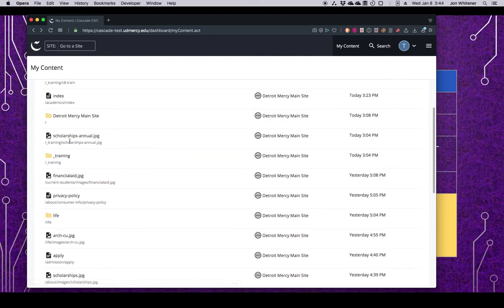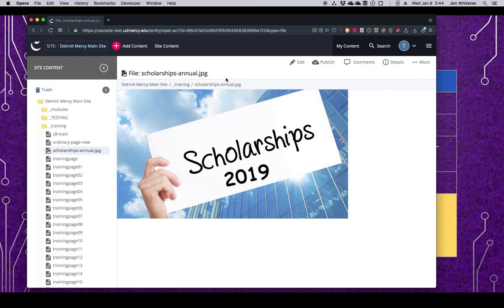Let's look at that. Here's an image file called Scholarships Annual JPEG. And similar, you'll see an edit option here. Typically with files, you're going to have a new version of that file or a modified version of that file on your computer that you want to replace here.